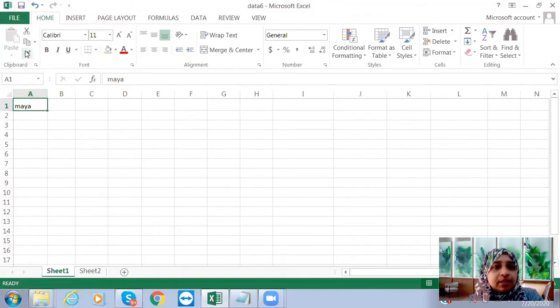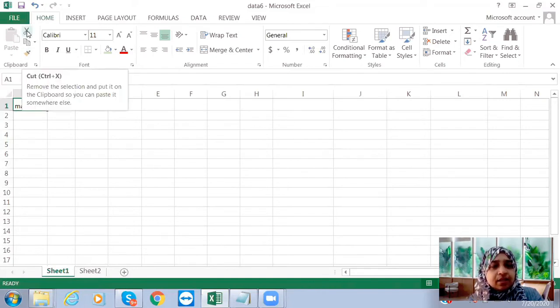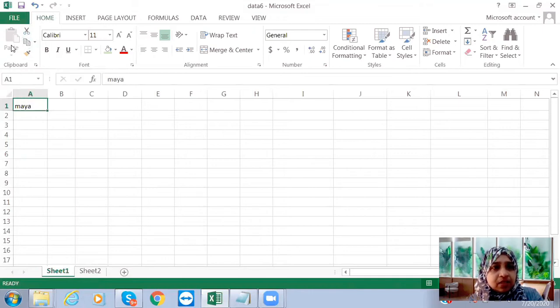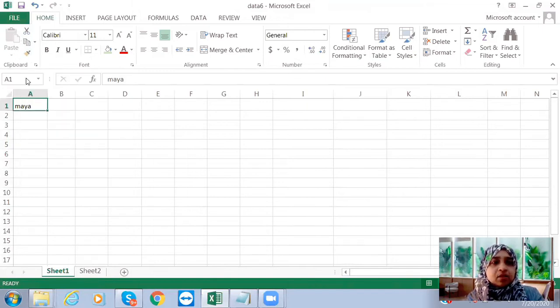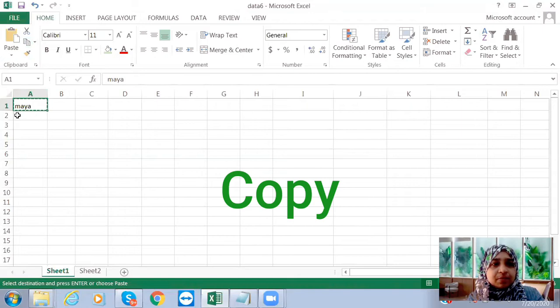Okay. So then in the Home tab, see, I'm in the Home tab right now. Here in this particular Clipboard, we can see 4 sections, right? One is cut. This icon is cut, and then copy, and this is paste, and this is format painter. So these are the 4 things we can see here. Which one do I need to select? I need to copy the data, right? So click on here. So you can see, right? This cell is blinking now.